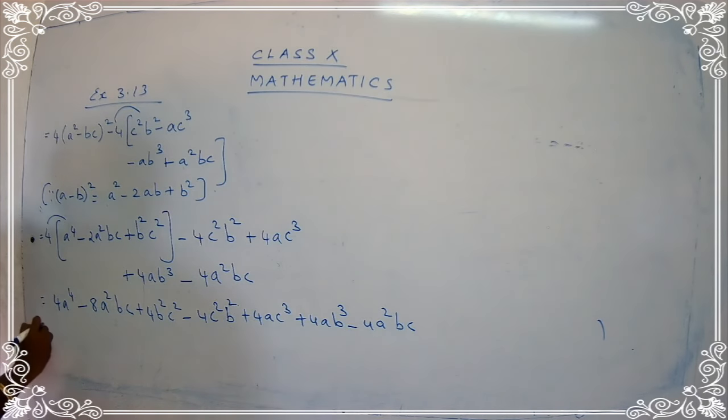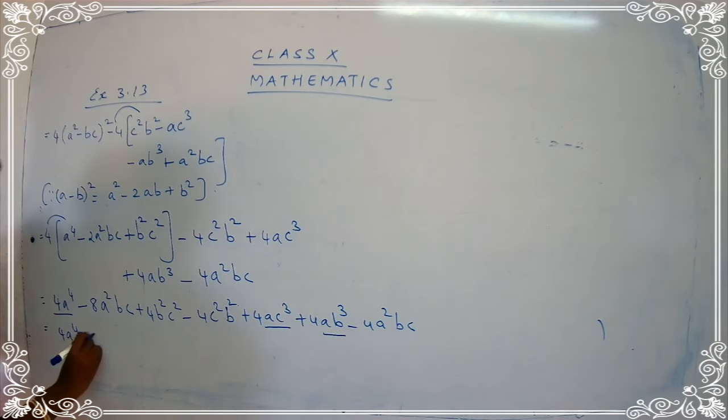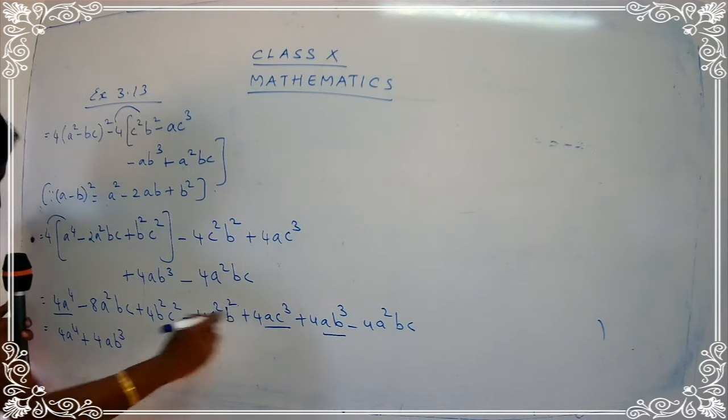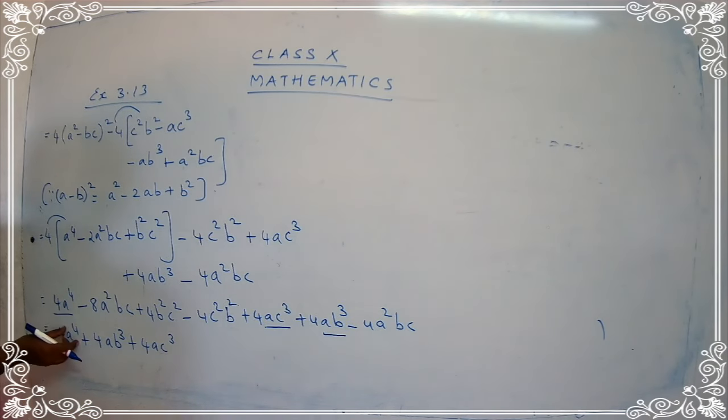Yes, see, I'll take the a power. I'll take the highest power first. First I'll take this term, 4a raised to 4. Now see here children, I'll write this term, b cube term and c cube term, plus 4ab cube plus 4ac cube. I'll take a raised to 4 term, the b cube term, the c cube term. Now be careful with this term children.